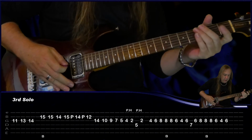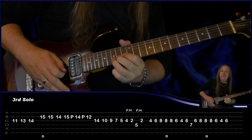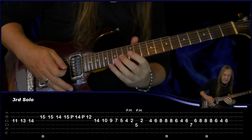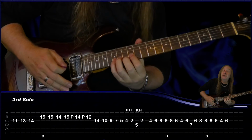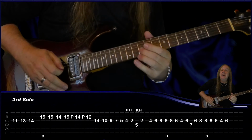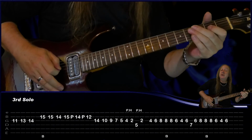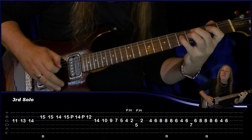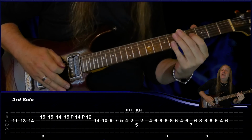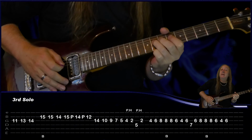Then from there we can slide up to 11G, 13, 14, do a bend on 15 on the B, and then play 15, 14, and then do 15, pull off to 14, pull off to 12, and then 14G, start on the G, 10, 9, 7, 5, 4, pinched harmonic on the 2, 5 on the D, pinched harmonic on the 2 on the G, start on the G, 4, 6, 8, do a bend on the 8, 8,